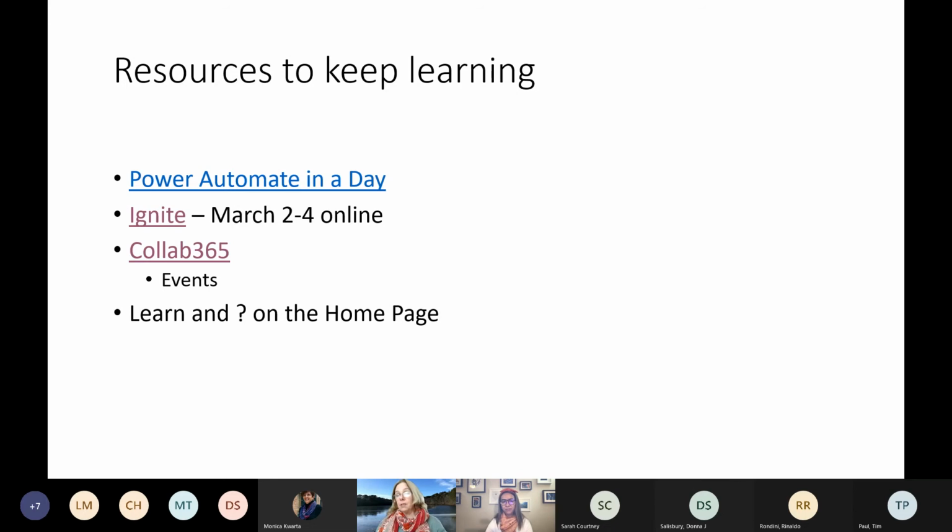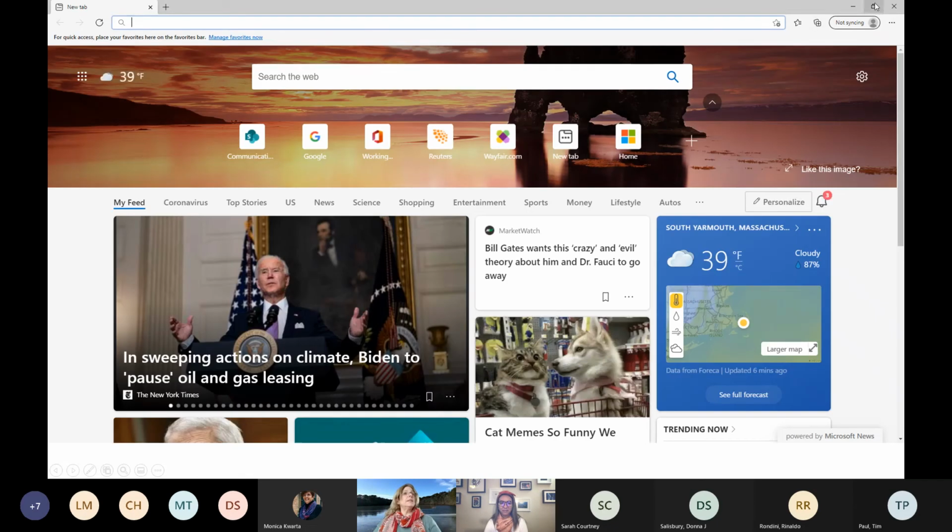Ignite is Microsoft's premier training event, and that is online in March. Collab 365 has wonderful free events that you can attend. They usually have a pass that you can pay for that gives you access to their resources after the classes. It's fairly low cost. And then on the Power Automate, there's the Learn button and the question button that are very useful. And I'll just show you those as I go back, and hopefully we can see